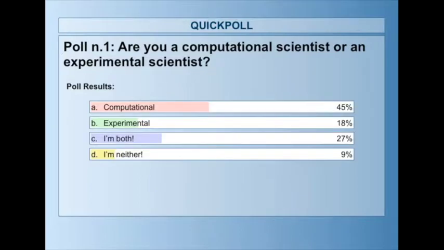And let's see, so most of the people here are computational, but happily we've got quite a lot of people who do both. So hopefully you'll be able to see both sides of what we're showing here, and we'll be able to have some people who are computational learning a bit more about the biology and vice versa. So let me continue, and I would like to